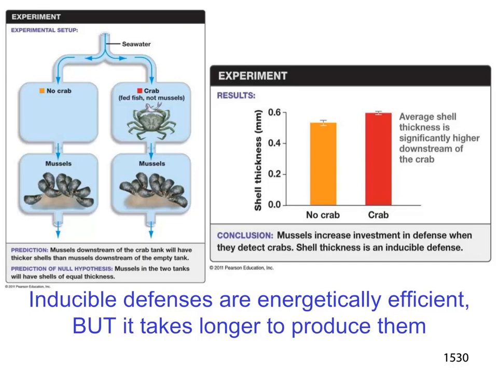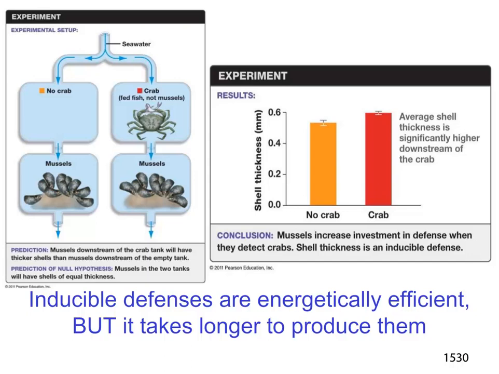Would something change that would suggest that they would have an induced defense? And you've got to admit, it's a really clever experiment. The null hypothesis prediction is that mussels will have shells of equal thickness. The prediction, if the hypothesis is true, is downstream of the crab, they'll have thicker shells than downstream of the